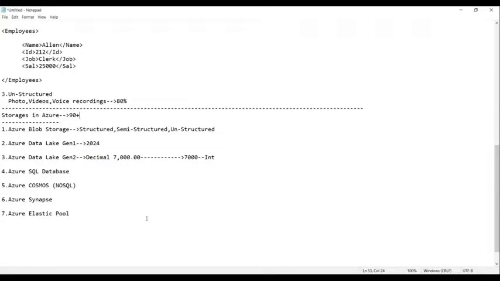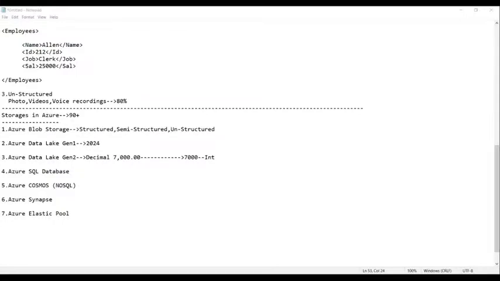Just a minute, I will show you now. This is called the Azure portal, guys.